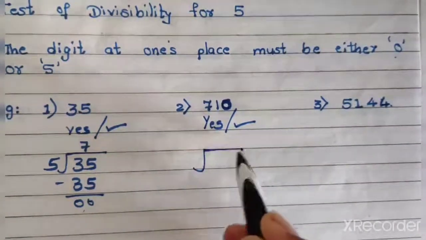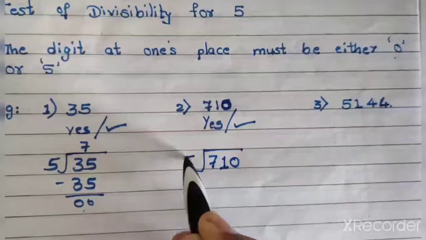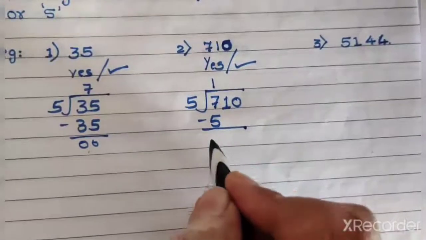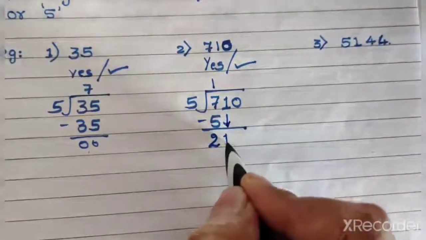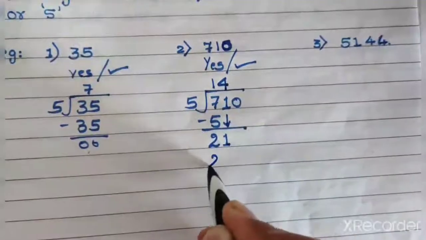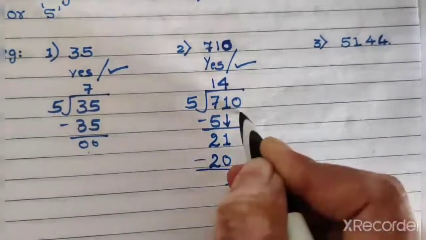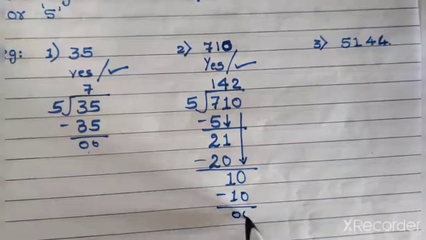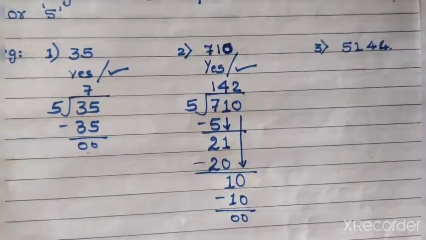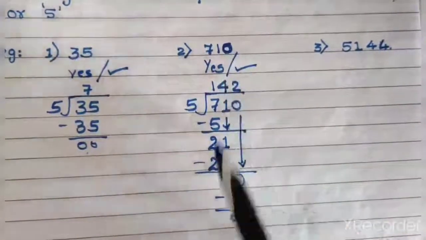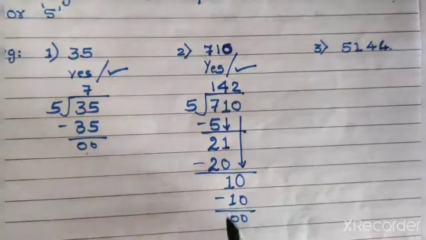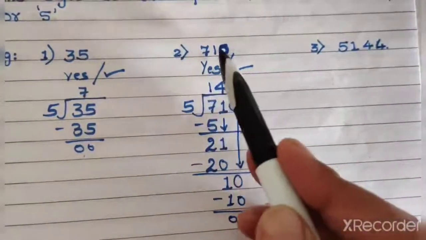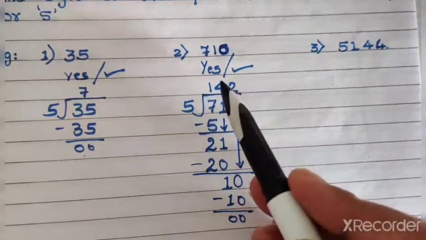I want to prove it. So what will I do? I will do the actual division for you. Okay, 5 ones are 5, 2 will be left. So 1 comes down, 5 4s are 20, again 1 is left, 0 comes down, 5 2s are 10, and nothing is left in the remainder. So the division is complete, as you can see, because the last number is 0. I was sure that yes, it is divisible, and I proved it. You don't have to go through all these divisions every time. You have to just identify by observing the numbers whether it is divisible or not, and tick mark.